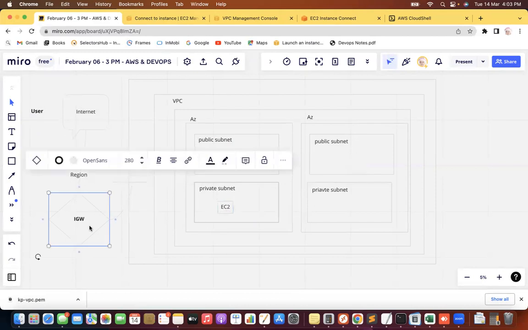With the help of the internet gateway? What do you think? No. Through the NAT gateway. Right, through the NAT gateway. The answer is correct. But how? Listen. Now remember,